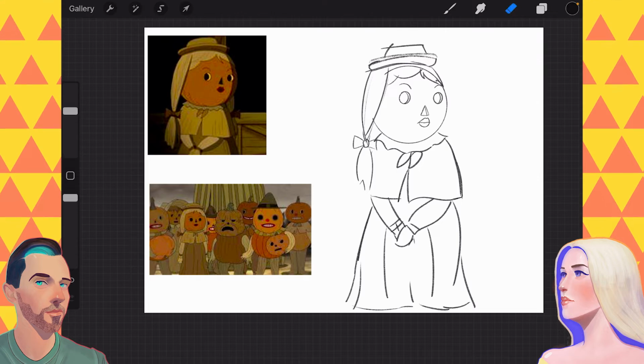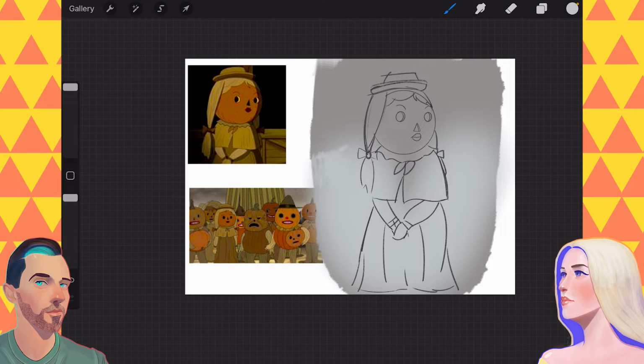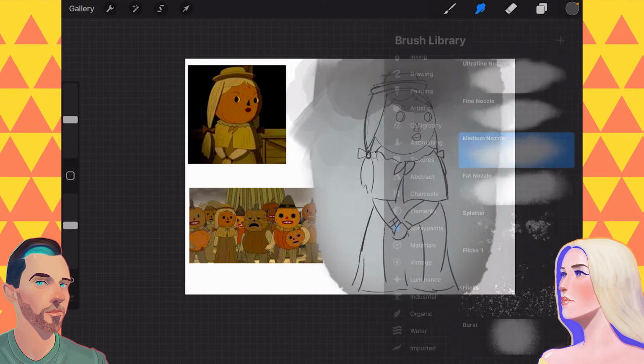This is your friend that you create. This is a character from Over the Garden Wall. From Potter's Field. Yes, Potter's Field. Yes. We watched